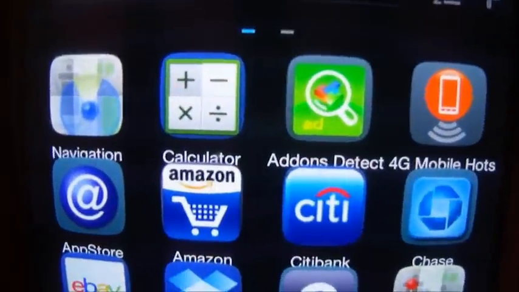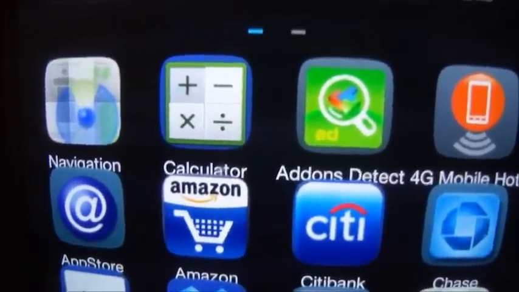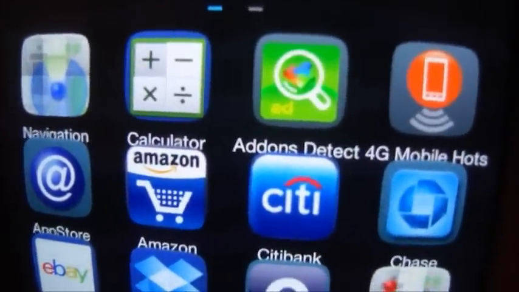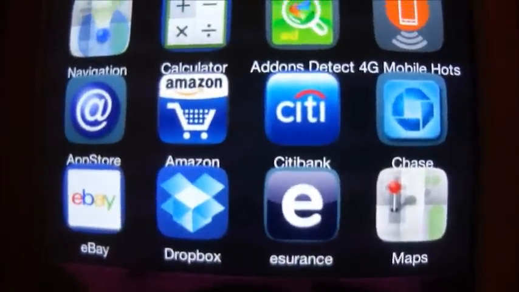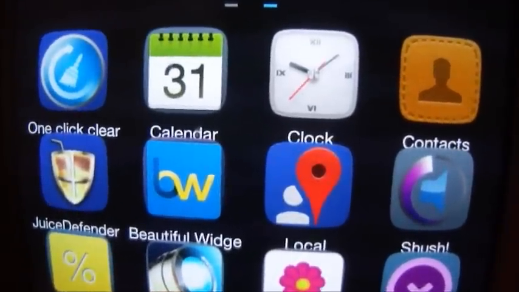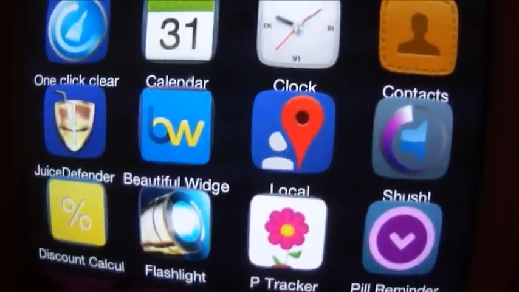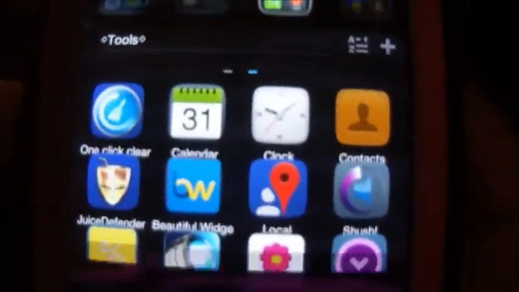Then in my next one, Focus, I have tools. And in here I have navigation, calculator, add-ons, detector, 4G mobile hotspot, the App Store for Metro, Amazon, Citibank, Chase, eBay, Dropbox, which I don't use anymore, Esurance, Maps, One Click Clear, calendar, clock, contacts, Juice Defender, beautiful widgets, local, Shush, which is one of my favorites, discount calculator, flashlight, period tracker, and pill reminder.